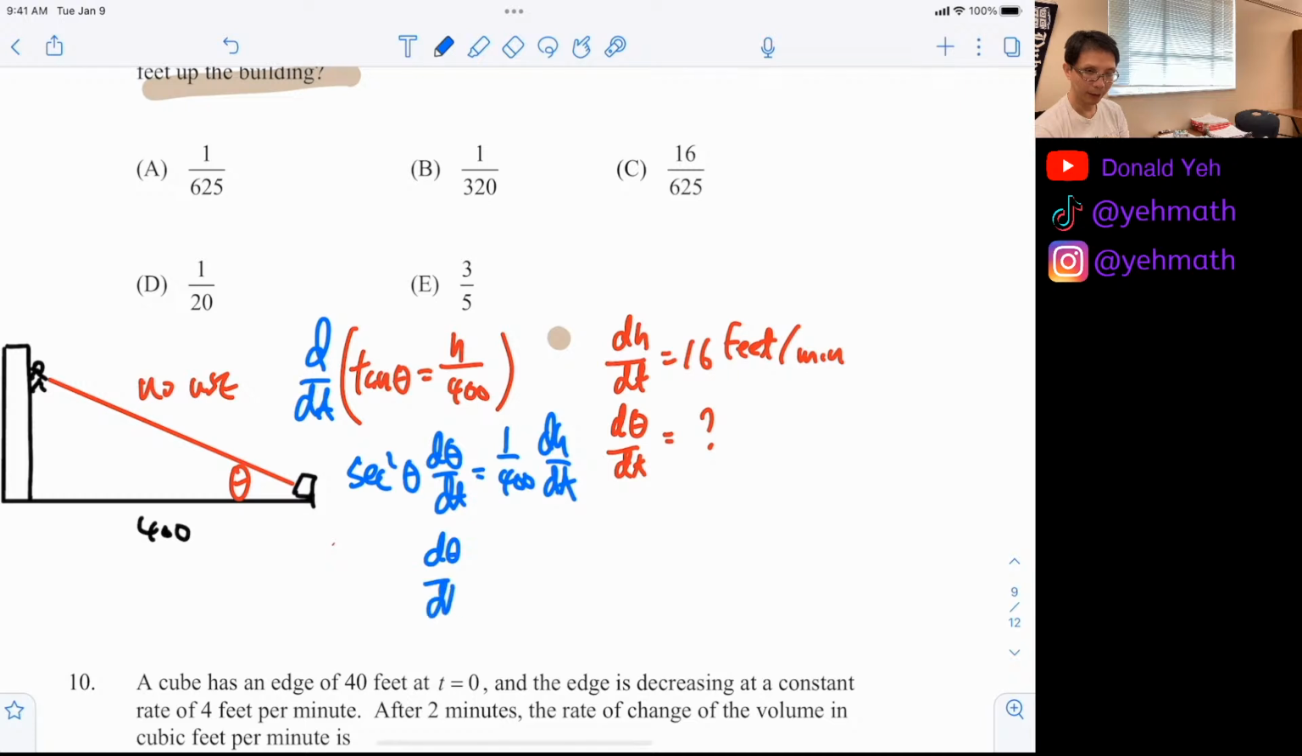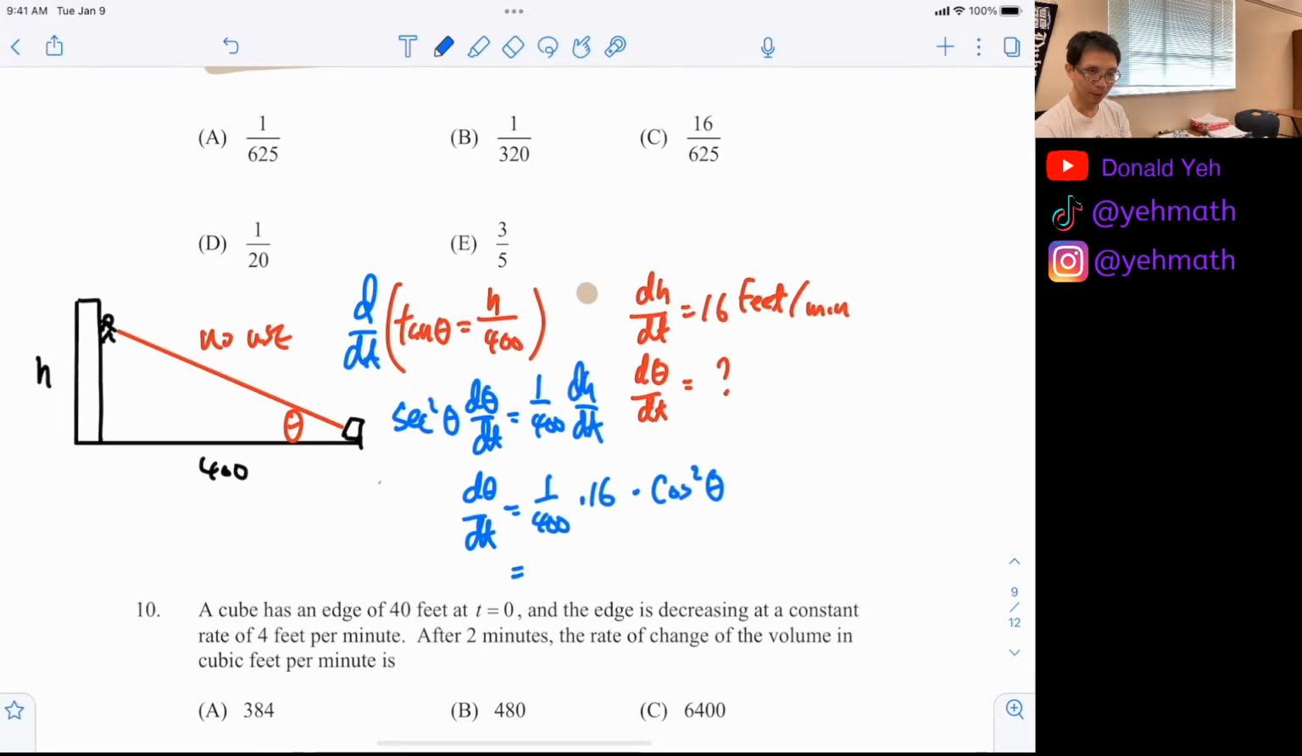And d theta dt is equal to 1 over 400 times dH dt, which is 16. And I'm going to move secant to the other side. This becomes cosine squared of theta, because if I move it to the other side, I'm dividing by secant, inverted, it's going to be cosine squared. And that's equal to, I can divide this by 4. So that's 400, and it becomes 1 over 25. So 1 over 25. And then